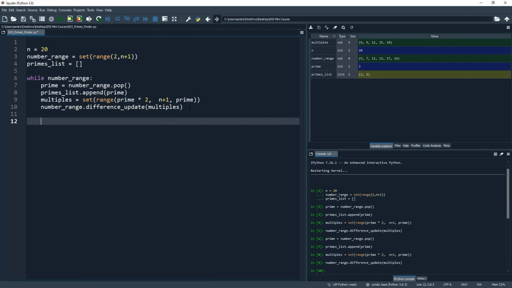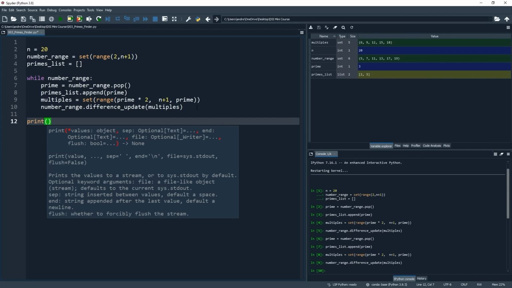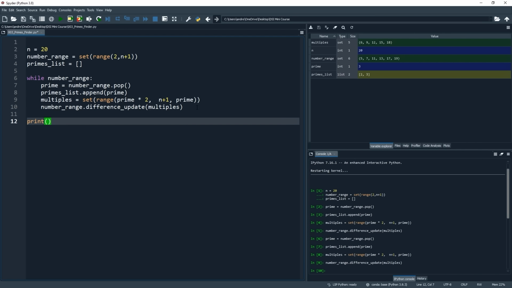Perfect. Now, after this loop logic, let's print out the primes list to the console to have a look at what we find. And just to be clear, when we run all of our code, Python runs things in sequential order. So the loop will go about all of its business before Python moves on to any more code. So after it's run, we should have our full list of primes, and we can access and analyze them at this point. So to print out our list of discovered primes, let's put in the print statement, and we'll put that up against the margin again, as we're not wanting this to be part of the loop. And then within parentheses, let's just pass in our primes list object.